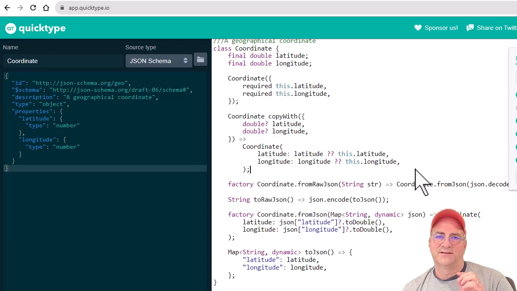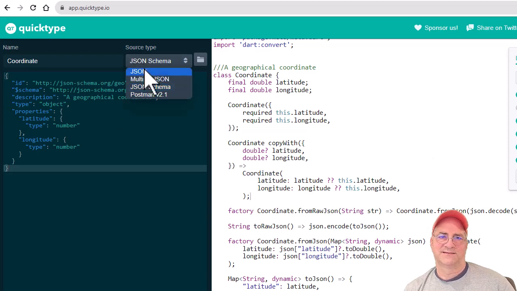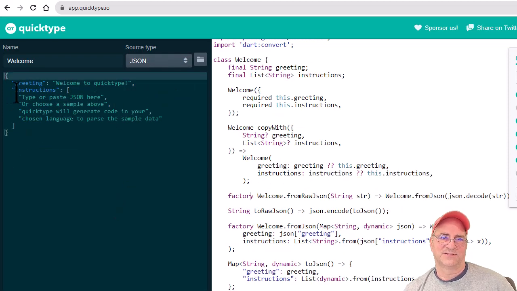It's great. And what I like about this is it gives me a pretty good sample of an object that is immutable and serializable that I can hand code. Or I could take something like a JSON schema, or I could take JSON here. So in this case, I switched over to one that's got a JSON with just greetings and instructions in it. And you can see that this thing went out and generated